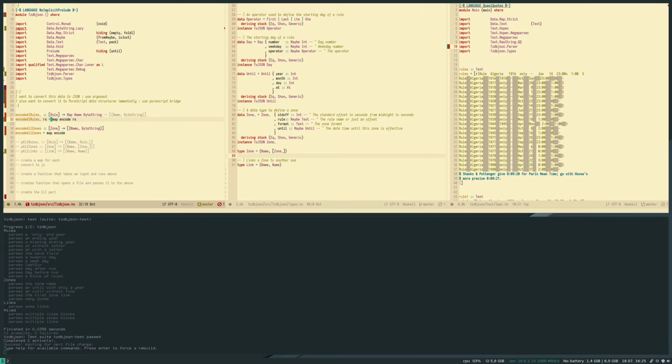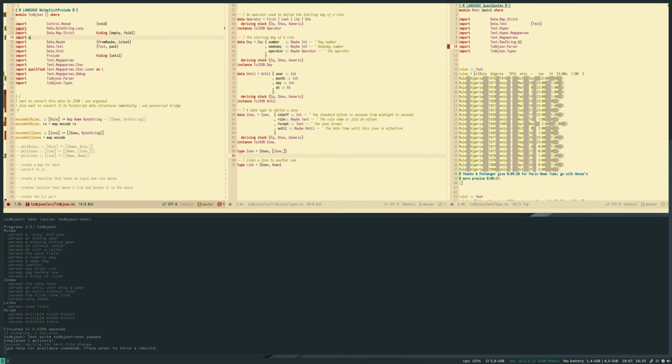So we want to import qualified Data.Map.Strict as M. And now I want to do a map fold.